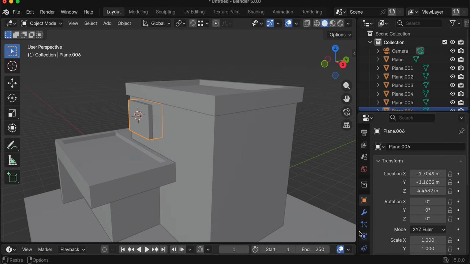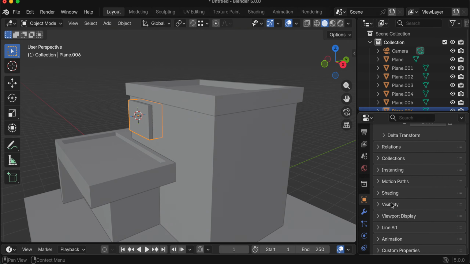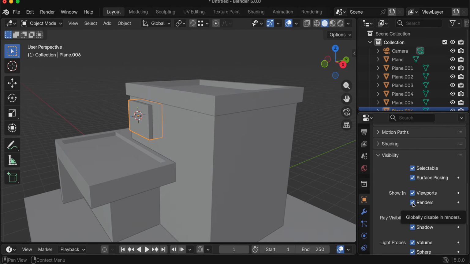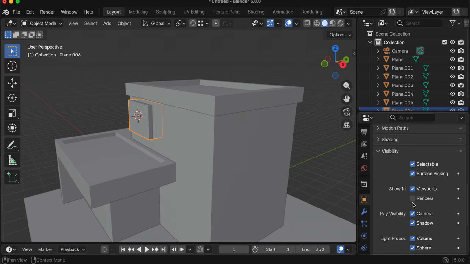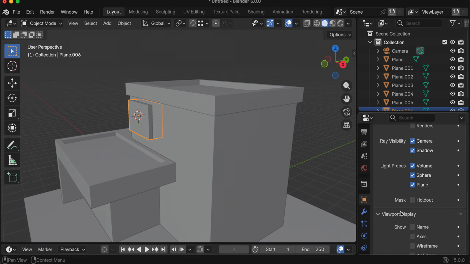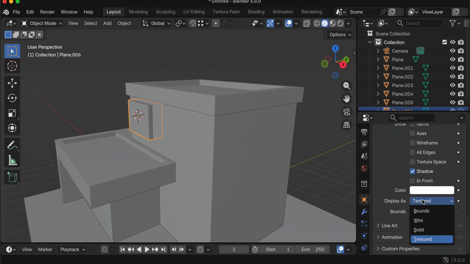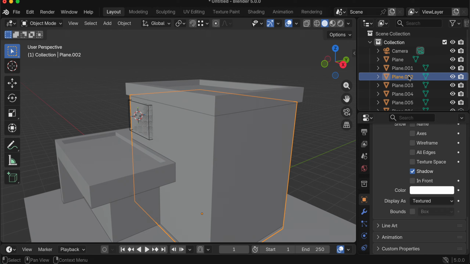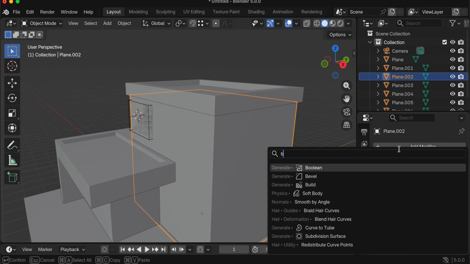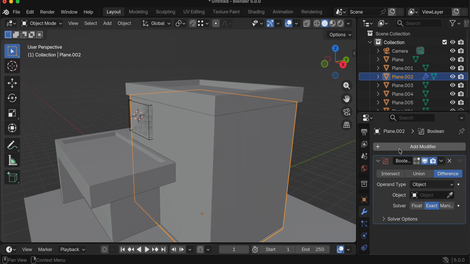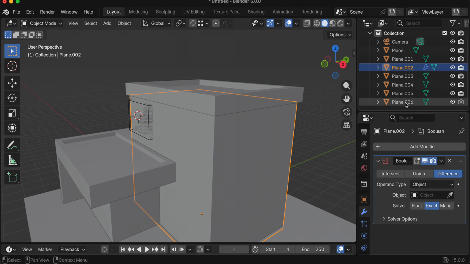We'll select the object properties. Alright, and we'll select visibility over here. We'll uncheck renders, like disable the renders parts, and in viewport display we'll select display as bounds. Then we'll select plane 002. We'll go to modifiers. We'll add a boolean modifier over here. Then we'll select plane 006,